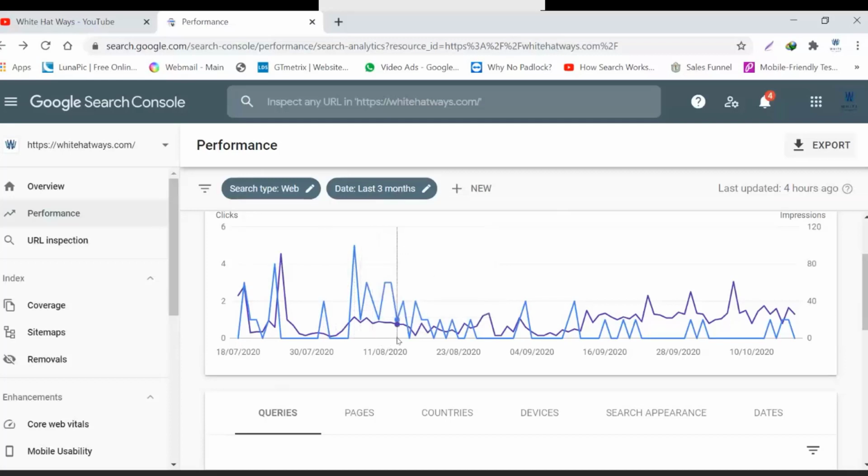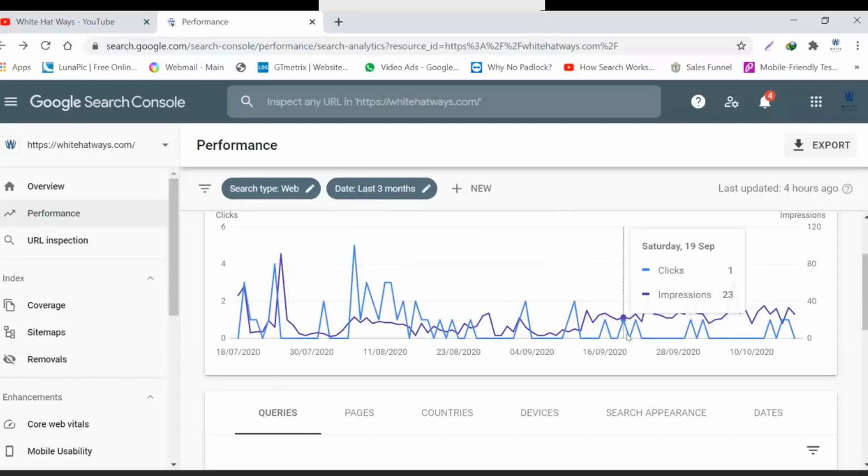But over the period of the last few months, September and October, I am not doing well, is what I can gauge out of this particular report. Date on date, you can see on 8th of September there are 3 impressions and I got 0 clicks. On 12th of September, again 8 impressions, I got 0 clicks. So you can see I am getting very few clicks.